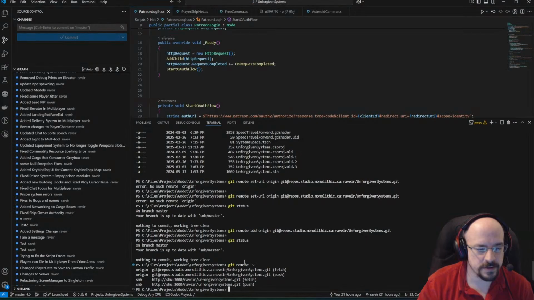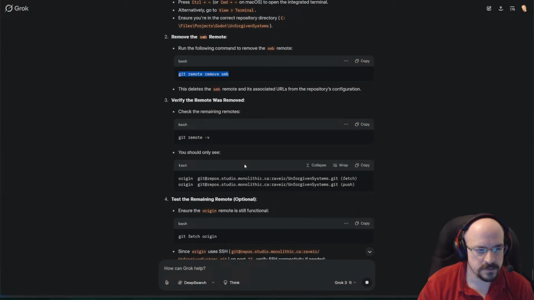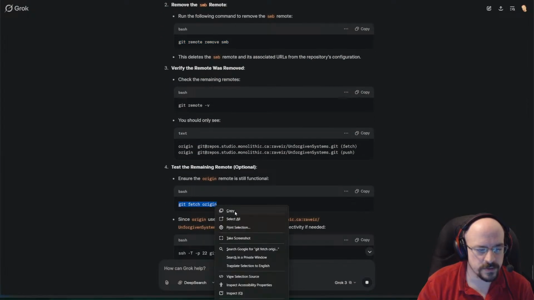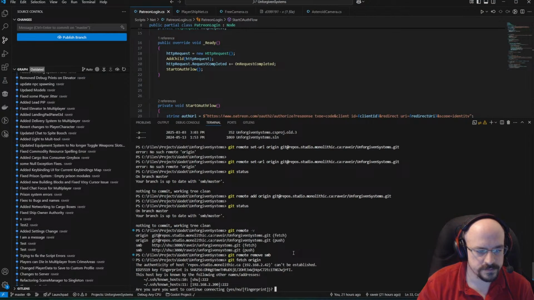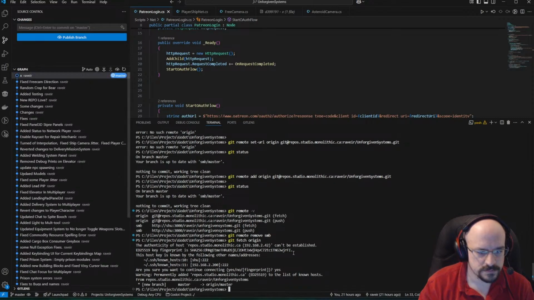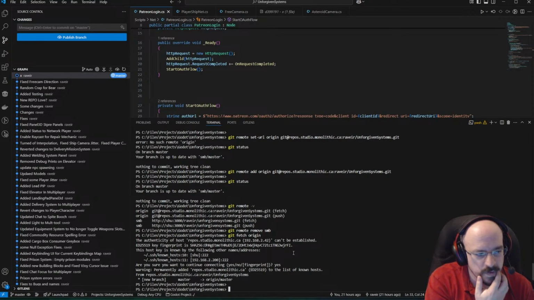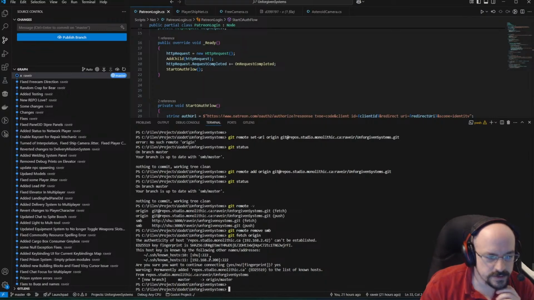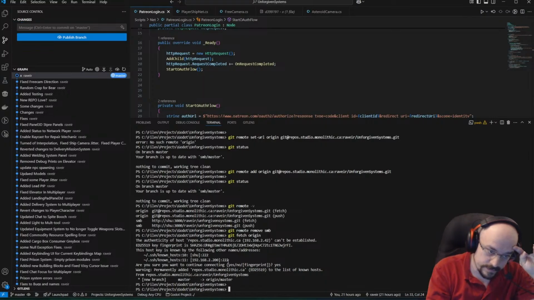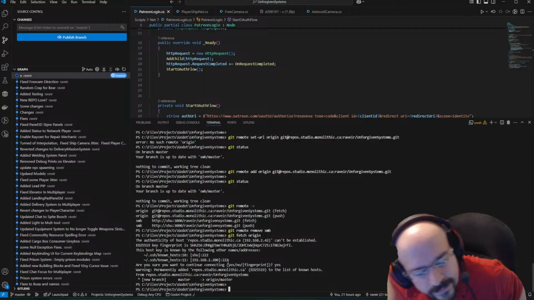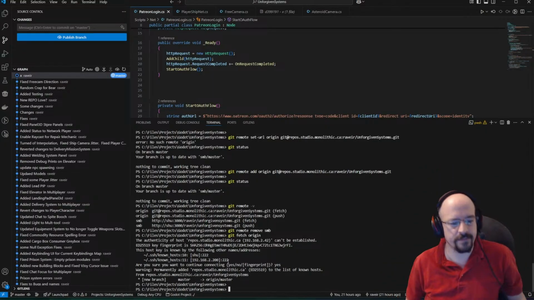And then we should be good. And then if we fetch origin, oh, right. So the keys need to be updated from when they were on 222 instead of,